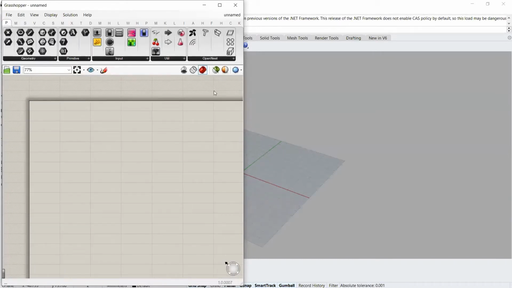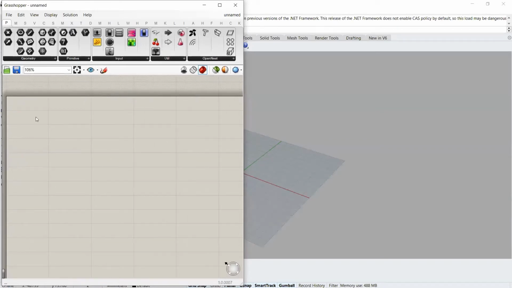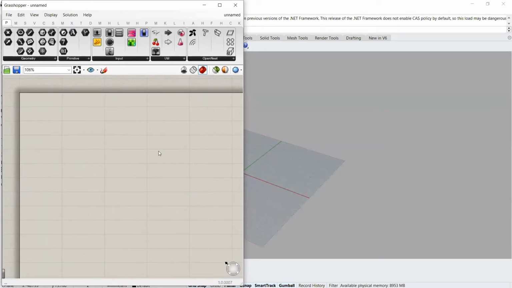Now Grasshopper is a visual scripting platform. In this, you can visually script, and the output of this visual scripting is seen on the Rhino 3D interface. Whatever we script in Grasshopper, we can see its output in the Rhino perspective 3D modeling space.